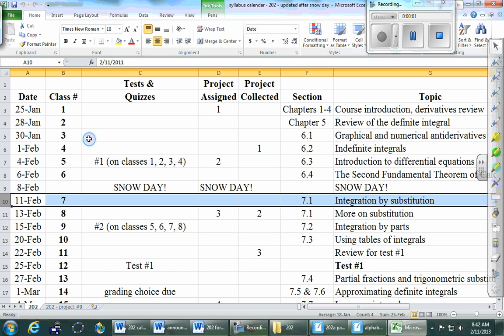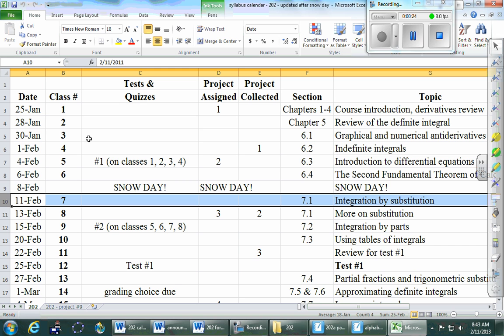Okay, so we'll take a look at our updated calendar. Today is February 11th. We had a snow day last class, so today is class number 7, which means that the project which was supposed to be due today is actually due on Wednesday. I think it was originally due today, class number 8, but now it'll be due next class